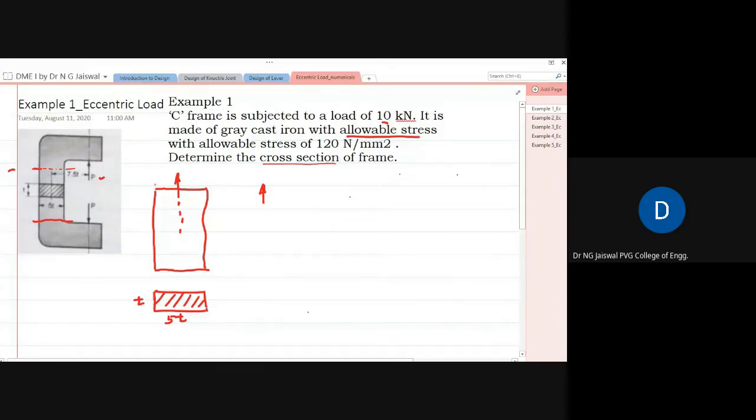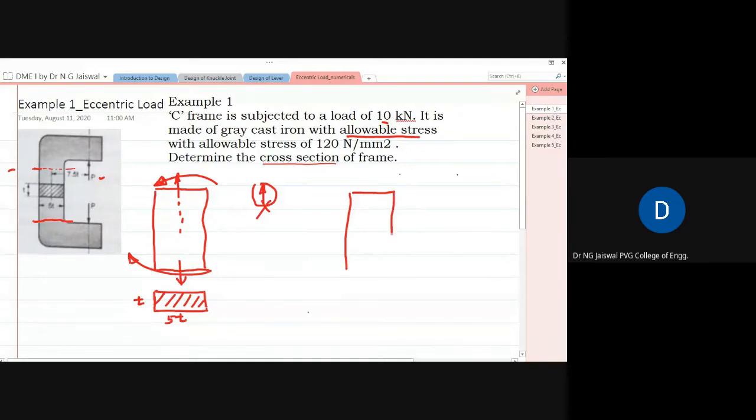So when you transfer the force, you transfer the moment also. Of course, on the other side, you can draw a similar force and similar bending moment. So if I redraw this figure,